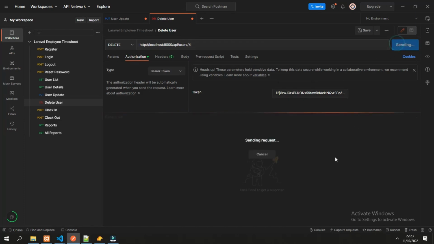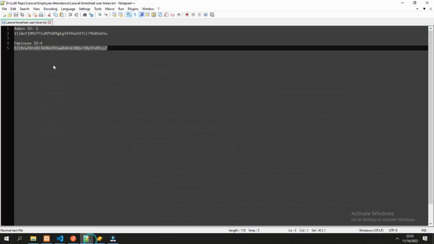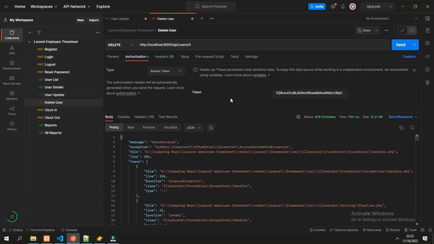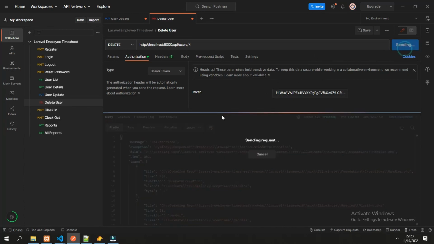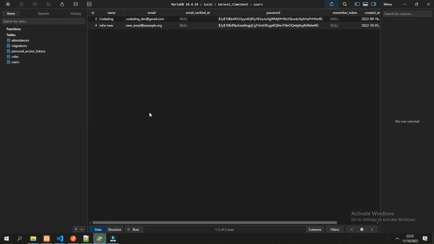This should be forbidden. And if we change the token to be an admin, then it should be able to do that. So let's try to delete the user, and succeed. And if you check in the database, it's already deleted.